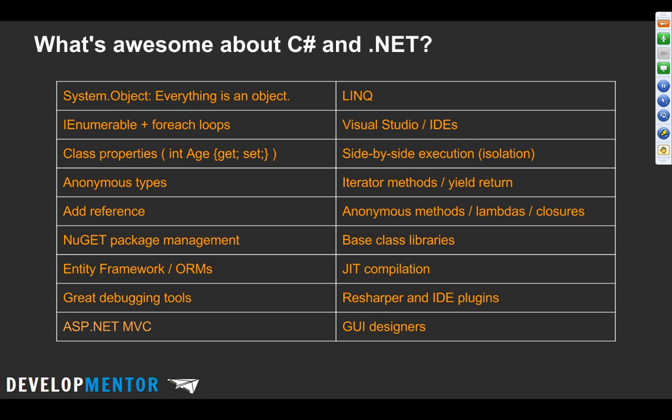So one thing that I think is great is that everything is an object. Everything derives from System.Object. So I can always call things like Equals or GetHashCode or ToString. IEnumerable, foreach loops, very nice. And we saw just now that Python has that. Another thing that's really nice about C#, coming from C++ and Java and other languages, is the fact that there's properties on the class. So instead of having a GetAge and SetAge, I can have a property, which is Age. And from the outside, I treat it like a variable, but it still has validation like a function.